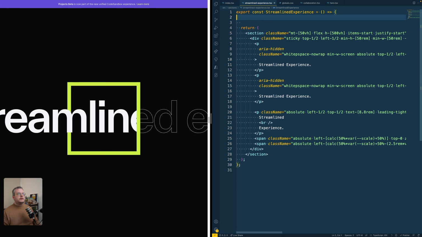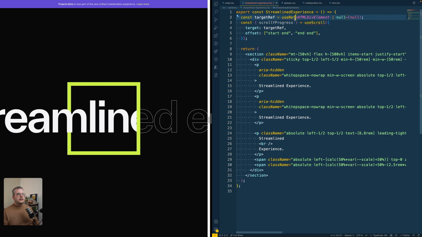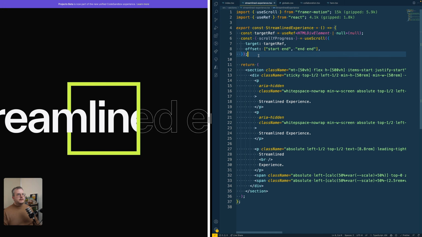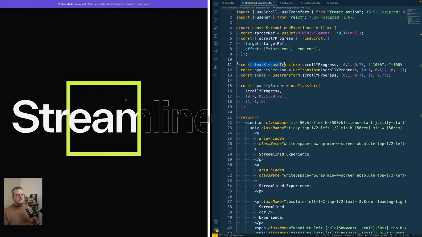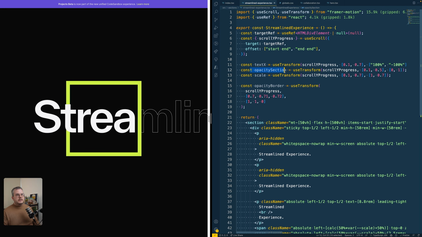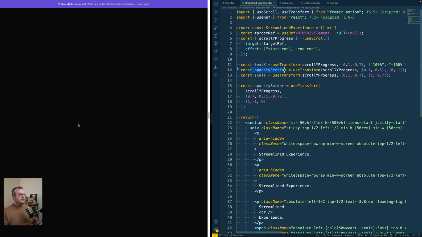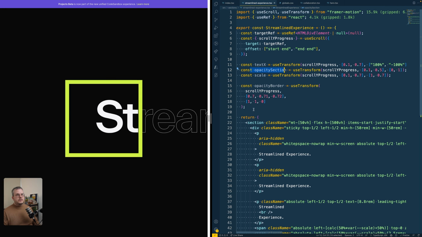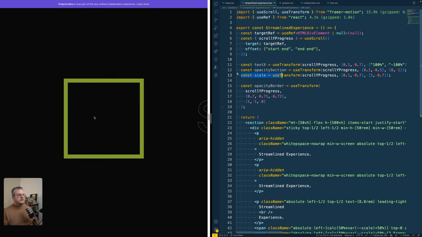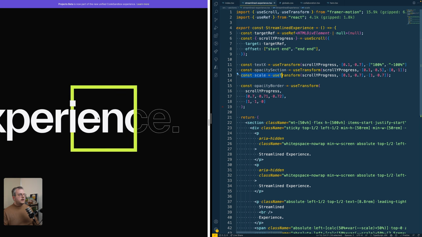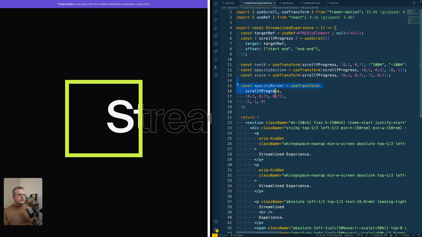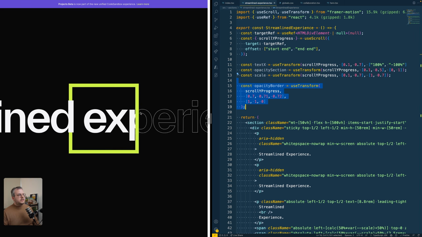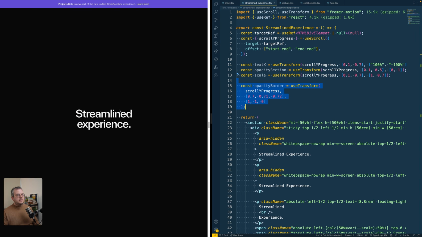And then we are going to add in the useScroll and the useRef again. And then for this section, I've defined a few variables. The first one is the position X of the text. You see it moves from right to left. The second one is the opacity of the full section because everything fades in once it comes into view. The next one is a scale because this square scales down once you keep on scrolling. And then we also have a separate opacity for the border, and that's actually used to hide this border at